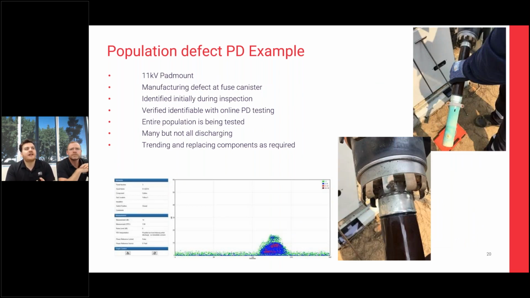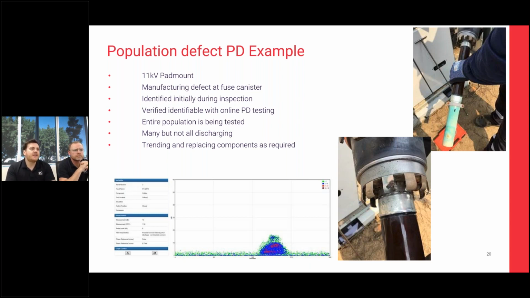On the contrary to that, here is a type of defect where it was originally identified during an inspection. So what they found is that there was a manufacturing defect on the fuse canister, and you can see that in the bottom picture there with the signs of degradation. So they found this, and then they identified that this defect could be found using PD, both ultrasonic and using the TEV